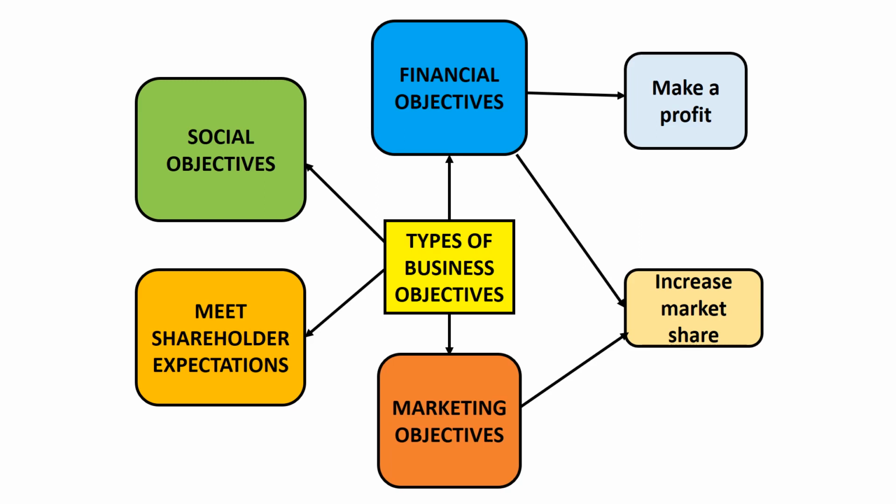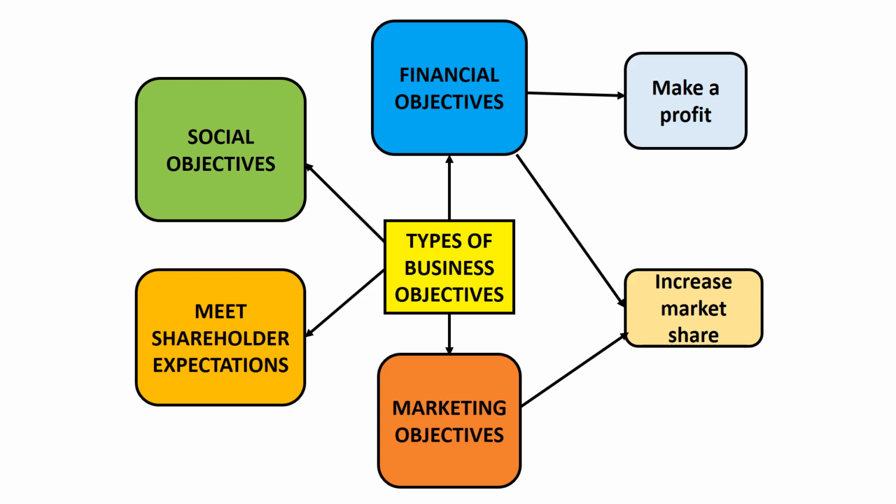The fourth and final type of business objectives is social objectives. These objectives are not directly related to financial or marketing objectives, but they are focused instead on the role of the business in the community. Now, this does not mean that achieving social objectives is inconsistent with a business also achieving its financial and marketing